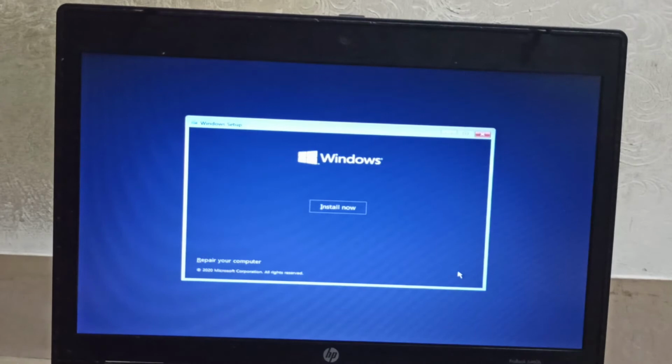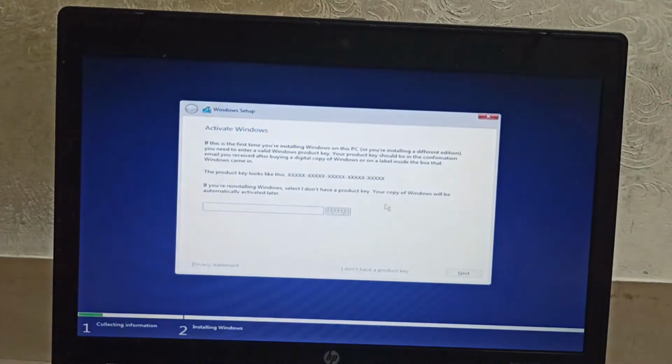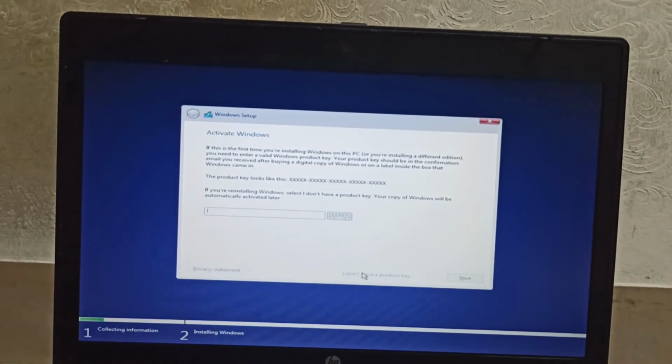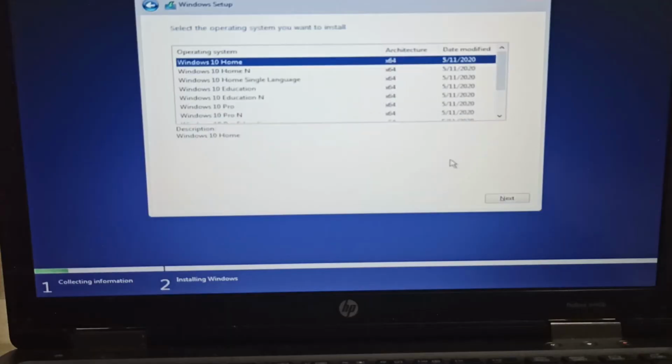Here click on the install button. Now we don't have an activation key, so we're just going to have to skip. Some Windows already have it. So now in the next menu you have to select different